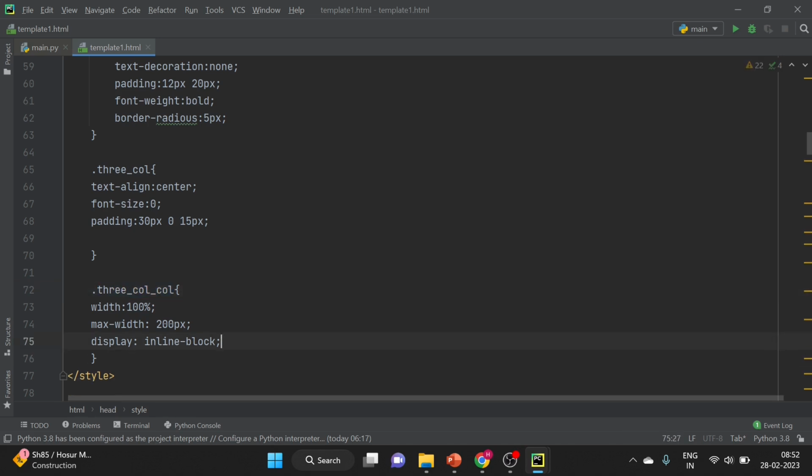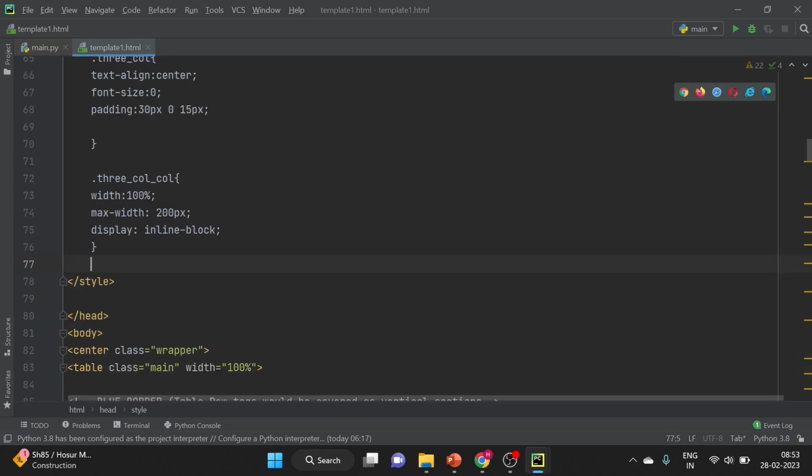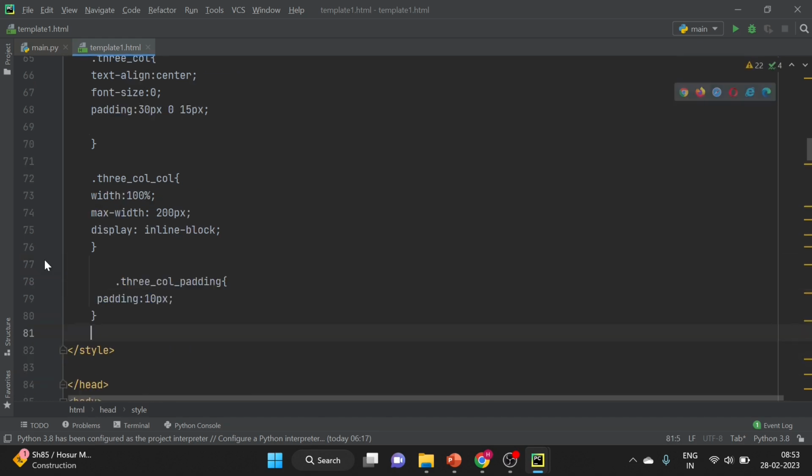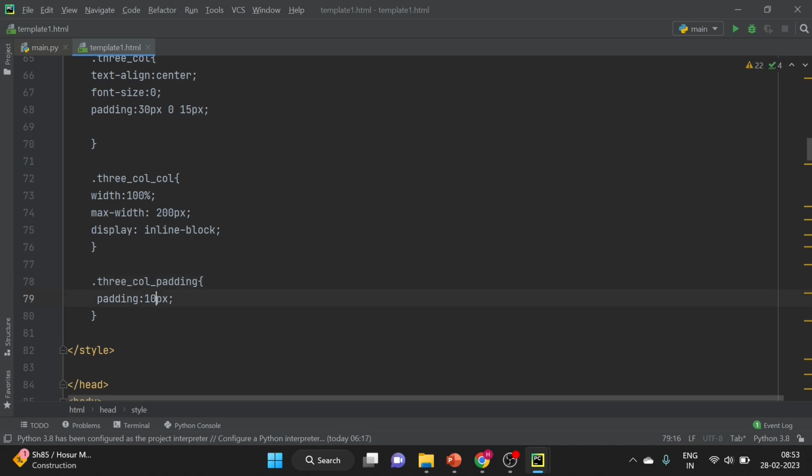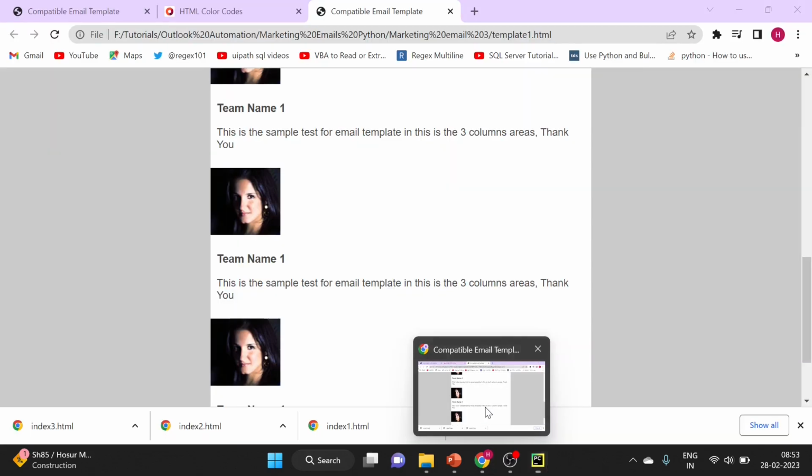All right. Now the third one is three column padding. For three column padding, we are just taking the padding 10 px. If you want, you can apply more padding and then you can check the result. You can increase the padding from here. I will show you once. And the final one is content. So if we just refresh now and see,